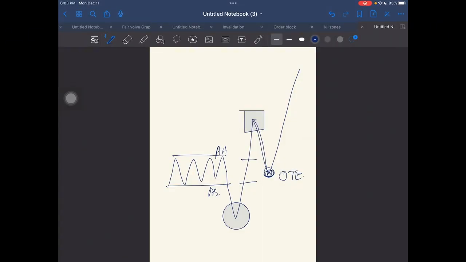I hope you understood this concept, and if you have any questions, feel free to message me on tier 3 chat. I'm going to tell you how it works, and I'm going to show you how to trade these. All right.